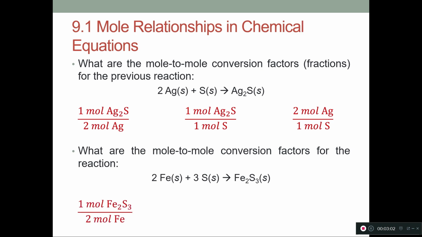So that means we have 1 mole of the iron 3 sulfide to 2 moles of iron. We have 1 mole of iron 3 sulfide to 3 moles of sulfur, and 2 moles of iron to 3 moles of sulfur. And of course, with any of these conversion factors, you can flip them as well. And so if you need to cancel out the units that are on the top, you can just flip it,